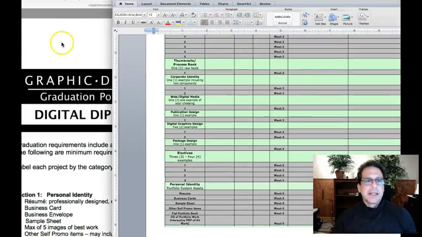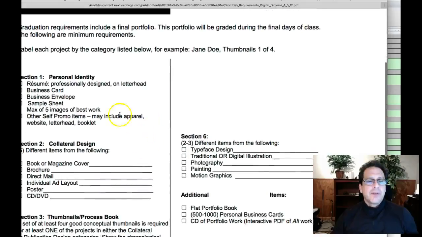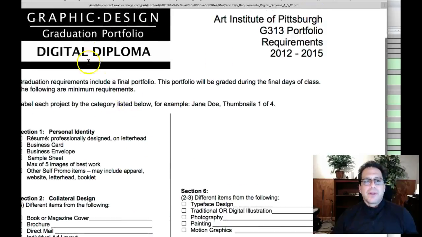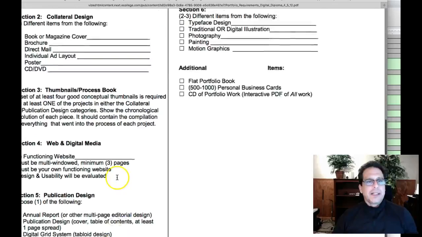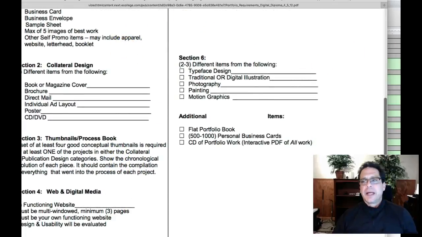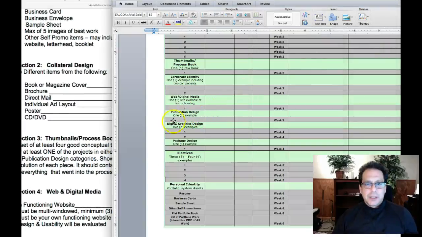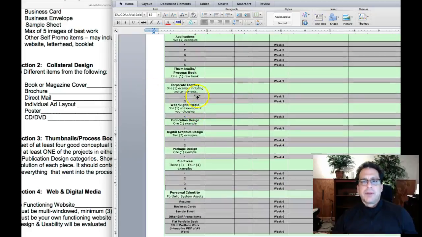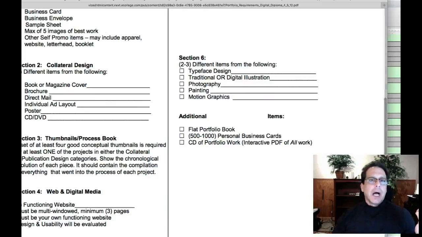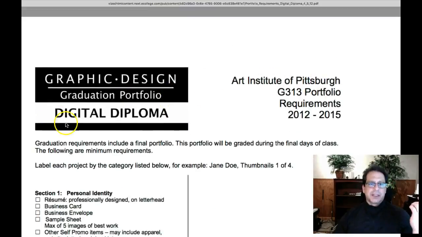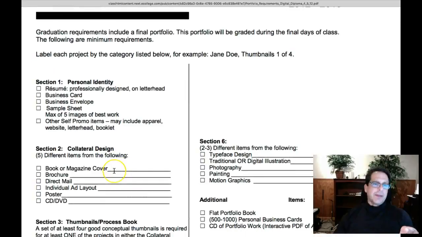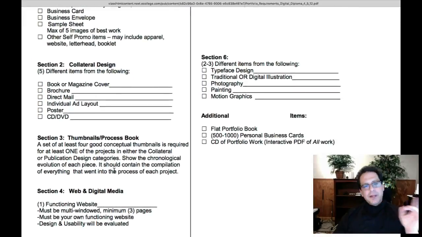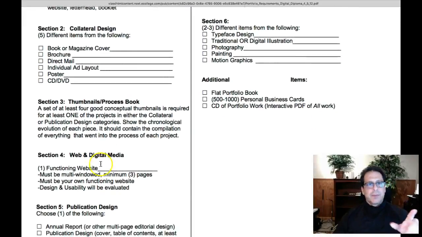So let's take a look at our requirements. These are our requirements for the digital design diploma. Okay, and you have to go through these, and this is why I'm saying that this corporate identity isn't part, even though it's listed on this requirements list. It's part of the associate's degree requirement. So you need to take a look at your digital diploma requirements to see it's not on there. However, what is due this week is